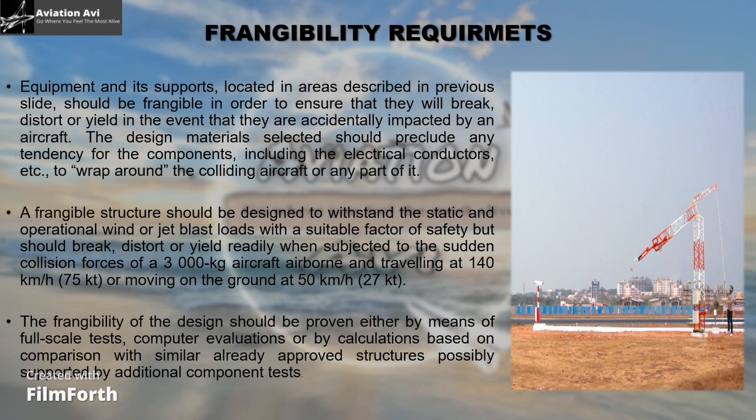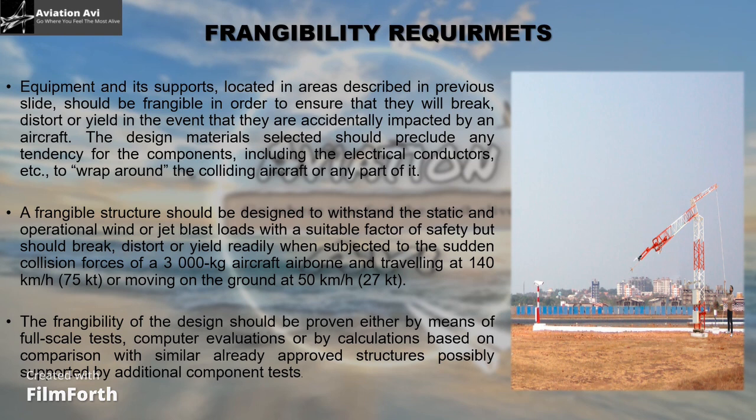It is very clearly mentioned that the equipment we are designing to be frangible should not have the tendency to wrap around, because when something wraps around the aircraft, it will further damage the aircraft and give an even worse condition to the accident. A frangible structure should be designed to withstand the static and operational wind or jet blast loads, meaning whatever we are designing should take the normal atmospheric conditions and jet blast loads